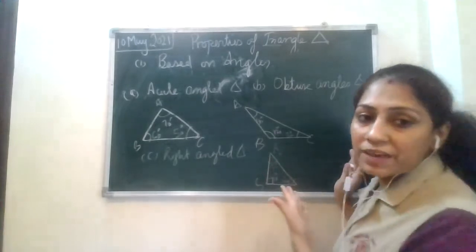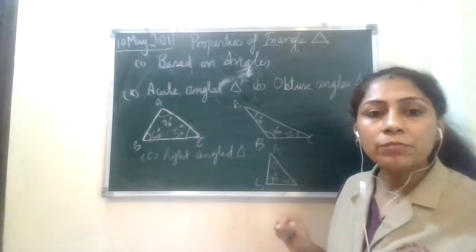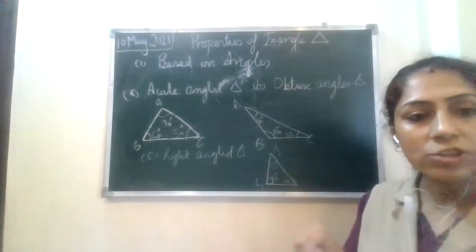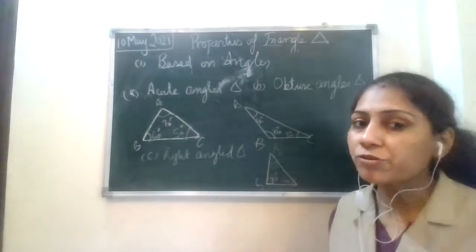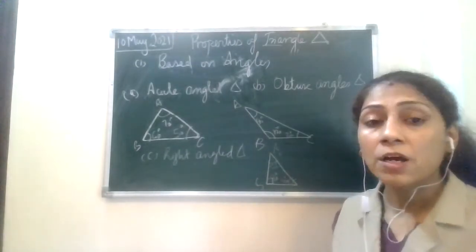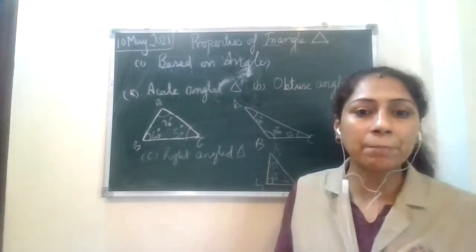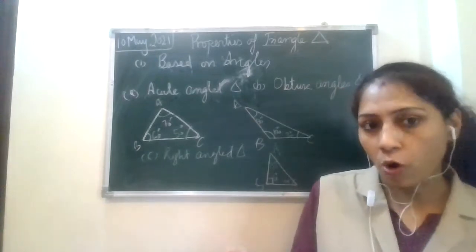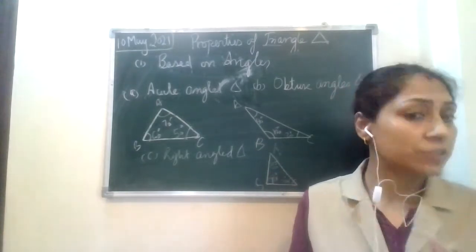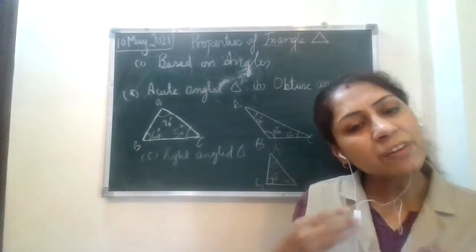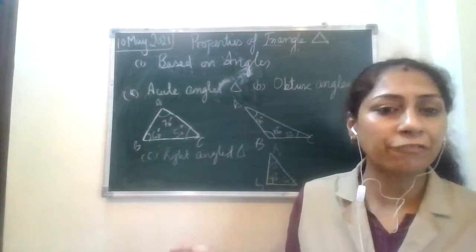I'm not telling you to draw all these angles with the protractor. You draw any triangle randomly, impromptu, and you just measure with the protractor. It will come out to be 180 degrees only. Okay, you have to try this experiment, right? That is called what we get out of the blue. If you draw any triangle with a free hand, or if you're not very good at drawing straight lines free hand, you can draw it using a scale, वैसे free hand से बनाओगे तब भी you will get the measurement as 180 degrees only, no matter what type of triangle it is.